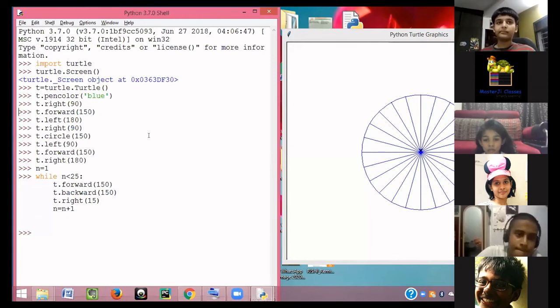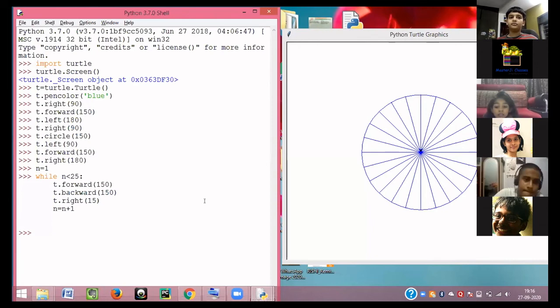Sir, this is written n is less than 25. So why write n is equal to 24? We know that there are 24. No, it will not work. See, first of all, you need to understand that these are the concepts of Python.